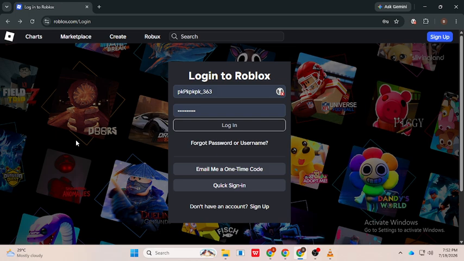These simple steps often fix common sign-in issues, and that's how to fix Roblox login problems. By checking your account information, internet connection, updates, and recovery options, you can resolve most common sign-in issues and get